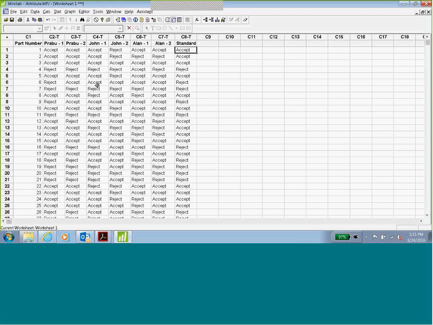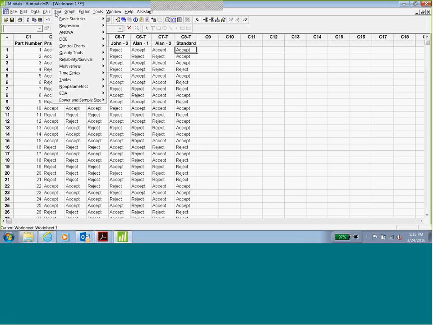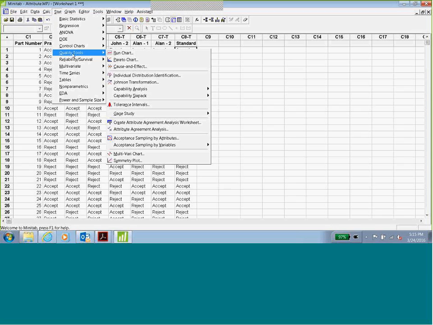So once you have all the information in this worksheet, the thing that you're going to do is analyze your data. You're going to go to Stat, go to Query Tools, and then Attribute Agreement Analysis. Okay, so you are not going to go into the Gauge Study option here. You're going to come down and you will see this Attribute Agreement Analysis. On that,